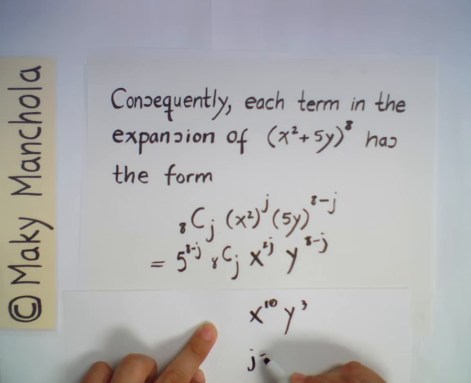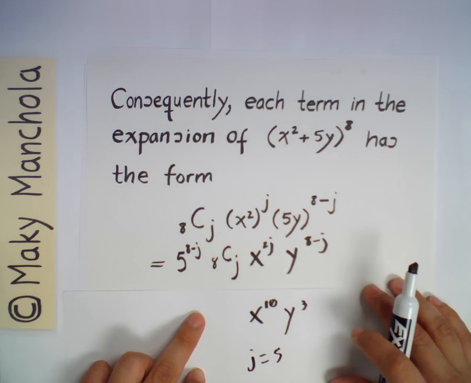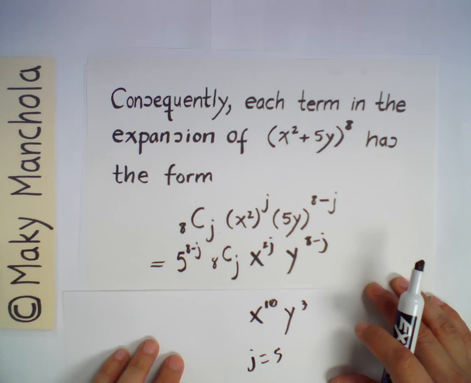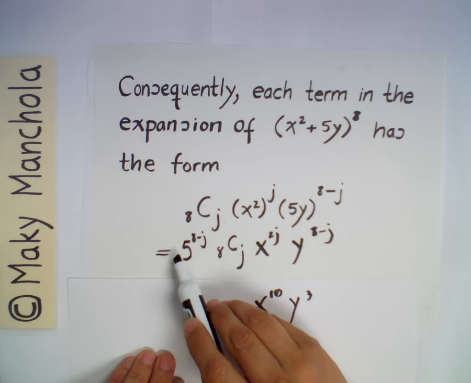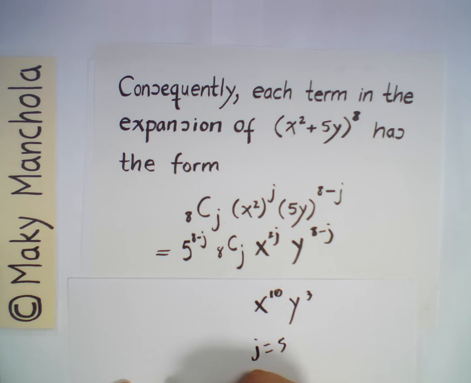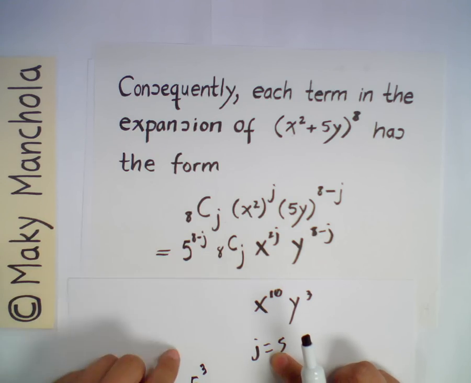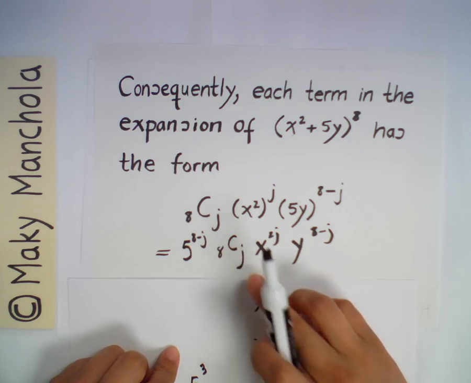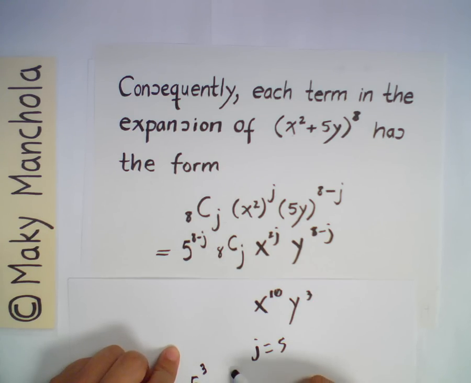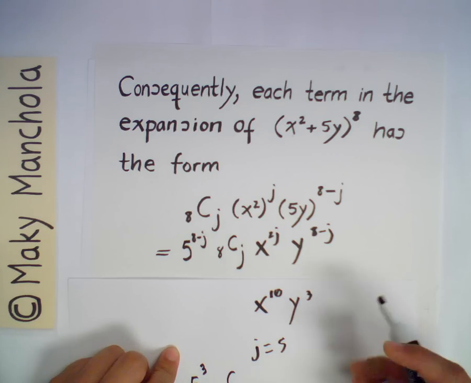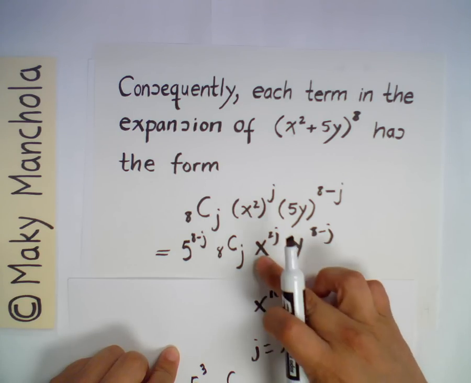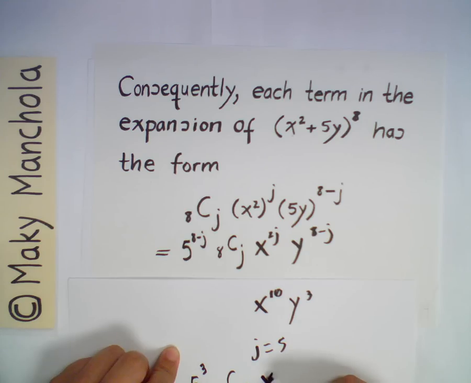So that means that j would have to be 5 necessarily. So if j is 5, then this expression becomes 5 to the third, because j being 5 gives you 8 minus 5, which is 3 as the exponent of 5. And then you have 8 choose 5, and then you have x to the 10